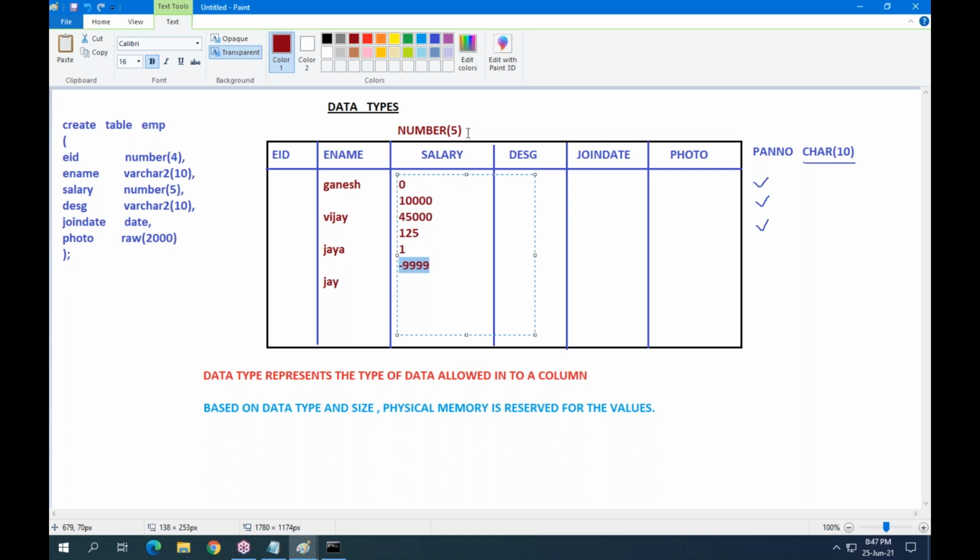Maximum you can use a 5-digit length value, meaning from minus 99,999 to 99,999. In this range, you can use any value, and that value is accepted by the salary column. So what is 5? The maximum length of the value in this column.